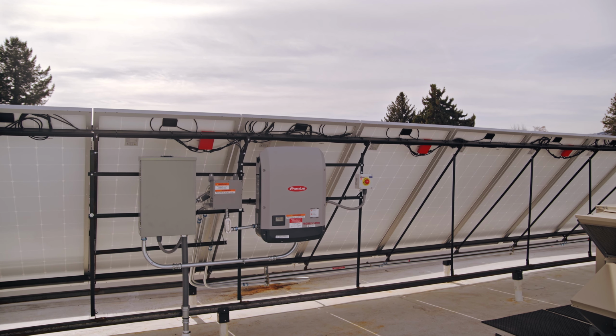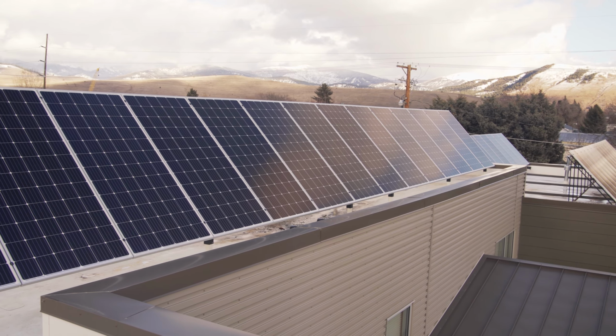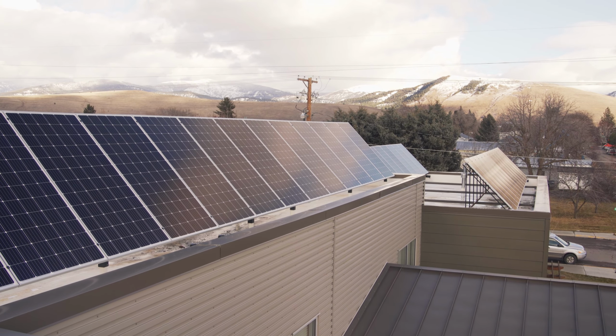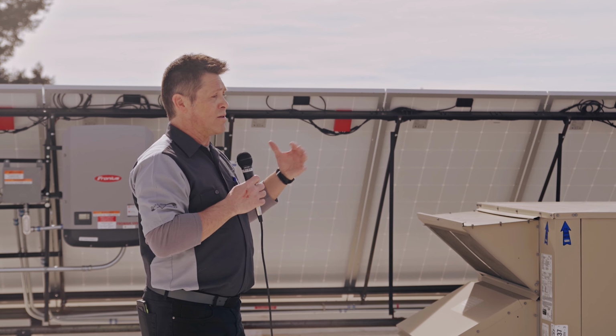Well, since we were doing custom racking, that allowed us to tilt it at the perfect degree for the latitude that we are here in western central Montana. Secondly, the food bank faces almost perfectly south. So while we were able to use tier 1 componentry, we were able to design the system for optimal use, and we got a lot of volunteer